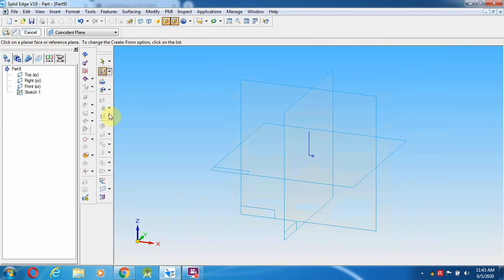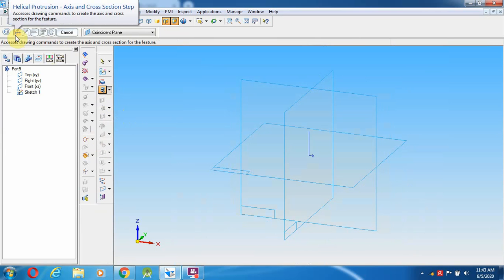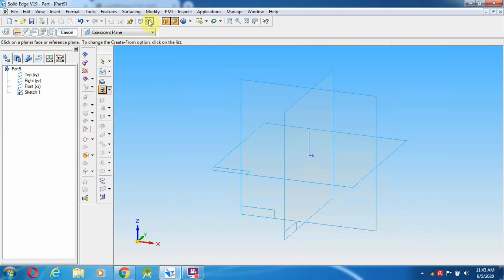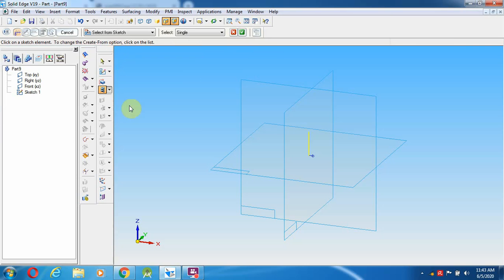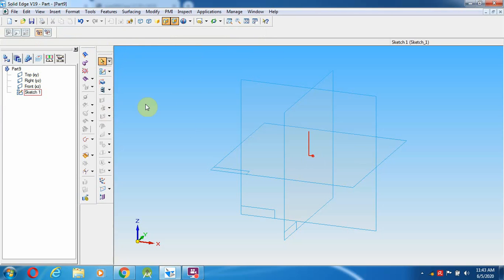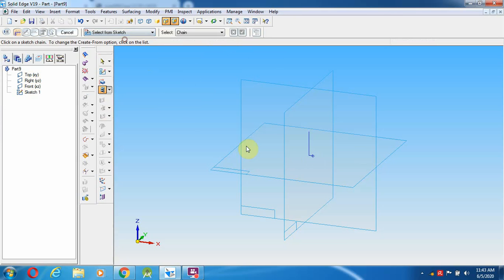So after that, go to the option called helical protrusion. So first I'm going to select from the sketch. So first I'm going to select the profile, select sketch and go to here, select from sketch.